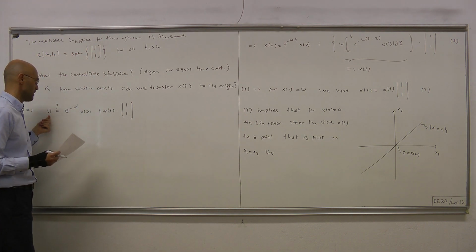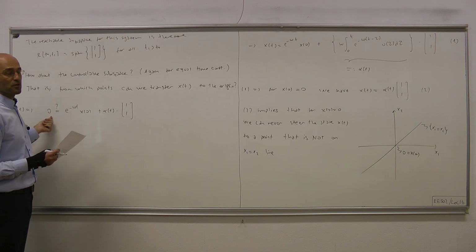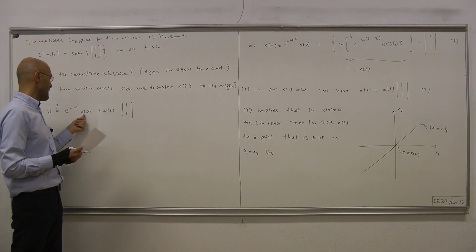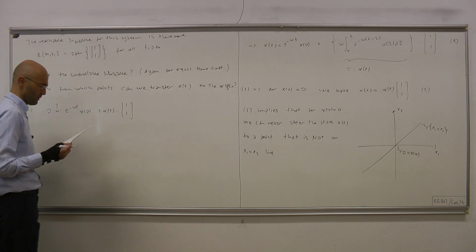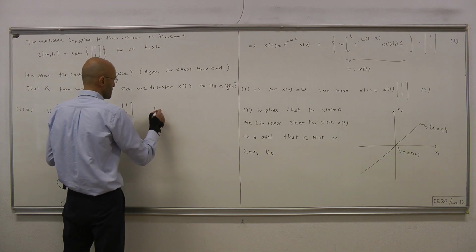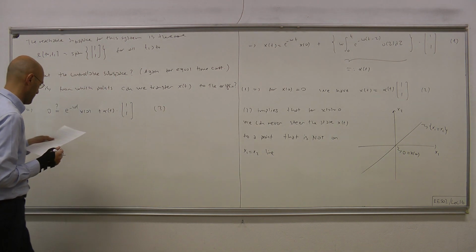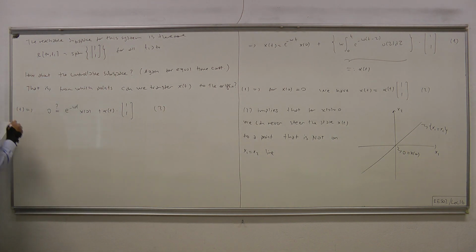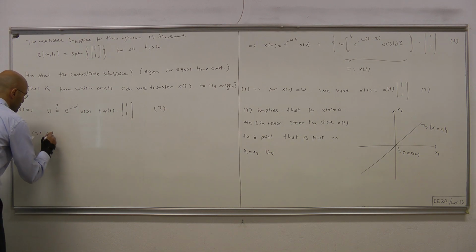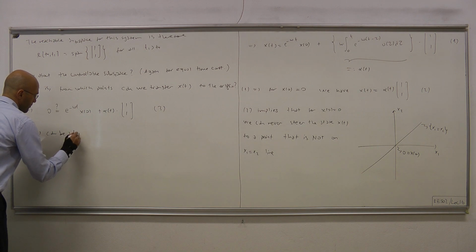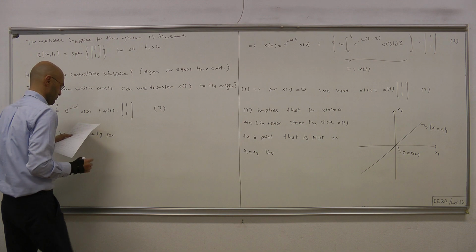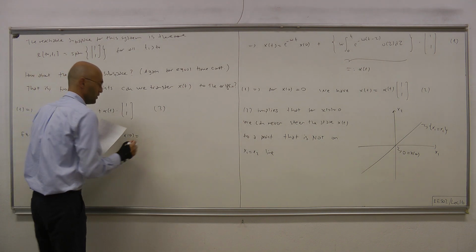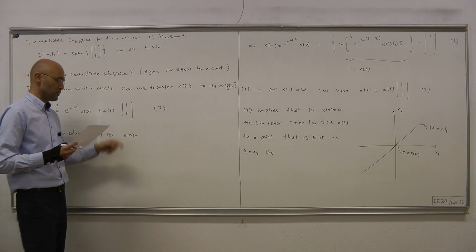Okay, if this equation is solved, that means x0 must belong to the span of this vector 1, 1. Okay, so this is our equation 3. Okay, equation 3 can be solved only for initial conditions x0 that belong to the span of that vector